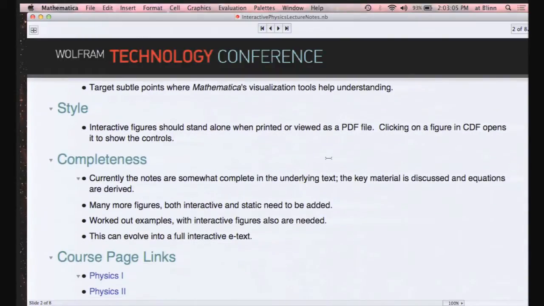interactivity. A style point I try to make is that the lecture notes should print reasonably as a PDF, so you shouldn't see controls on the Manipulates until you click on them, and the Manipulate should make sense as a standalone thing. Okay? As for the current state of the notes, I think they're complete as far as the